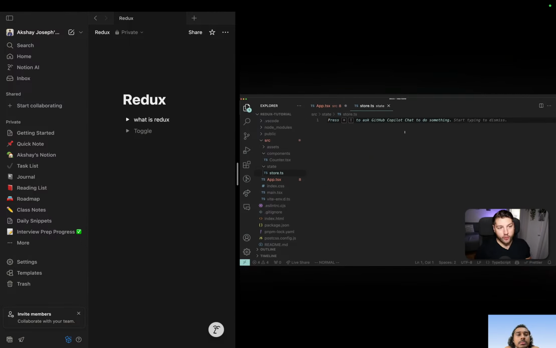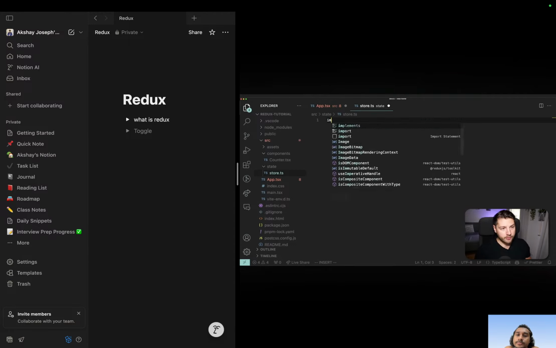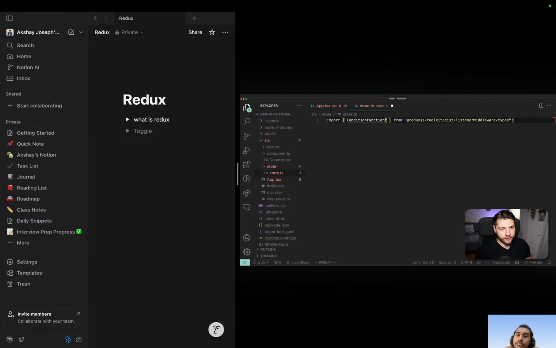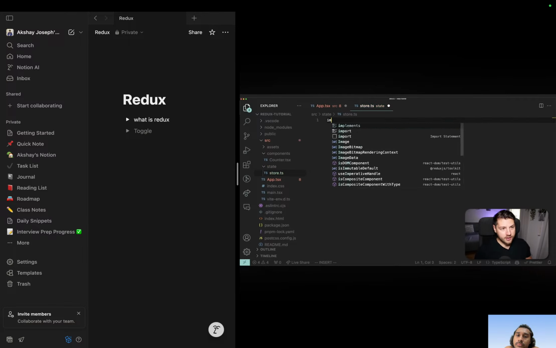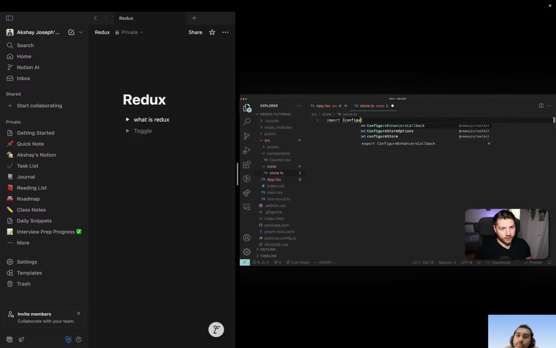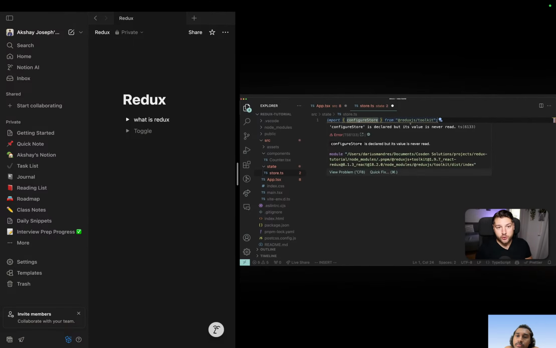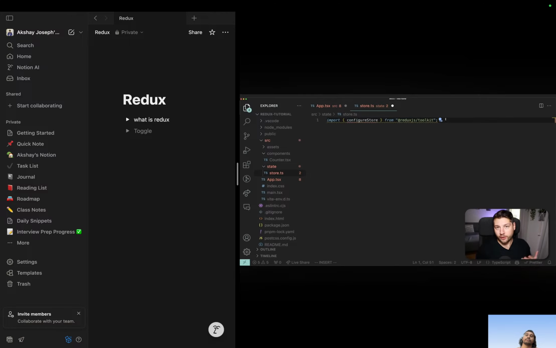So what we need to do to create a store is we need to import something from Redux Toolkit. So I'm going to do import configureStore, and we have the import right here. We're going to import configureStore from Redux.js toolkit, and that is going to allow us to easily create our store. Then